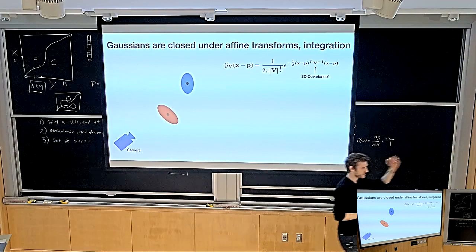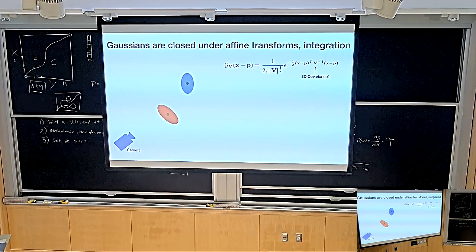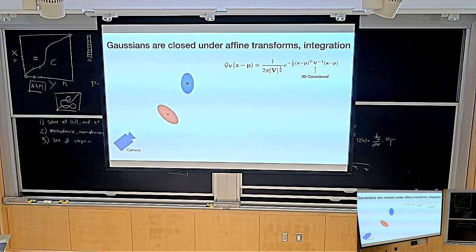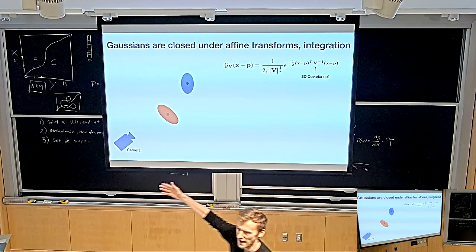What you see here is just the parameterization of a 3D Gaussian in matrix vector notation, right? So you basically say a 3D Gaussian at mean p, so like a 3D Gaussian centered around a point p, is given by this equation, which is basically, right, you have 1 over 2 pi times the covariance matrix V, which is a 3 by 3 matrix, times exponential, and then I'm sure you've seen this before.